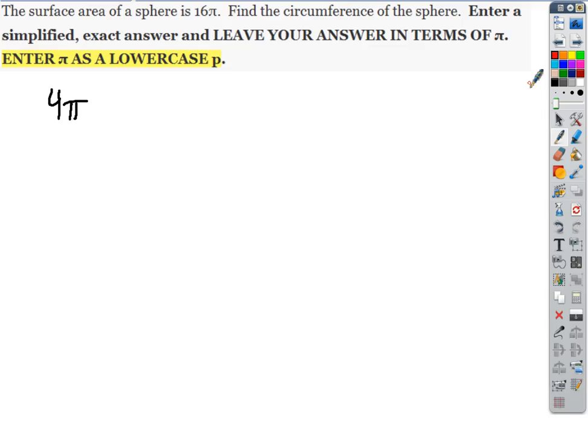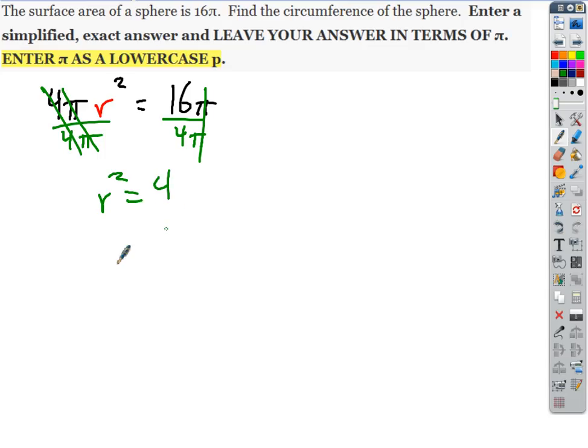So if the radius is 2, then all I have to do is feed that into the circumference formula. 2 pi r. So there's my radius, right? So I just get 2 times pi times 2, which is what? 4 pi. Yeah. And I want the answer to be in terms of pi. Leave it in terms of pi. So in Moodle, in my answer box, that's pi, you can read that, I'll just enter 4p, or 4 times p. Done. How about that? Wow. That was a good job. Okay, so